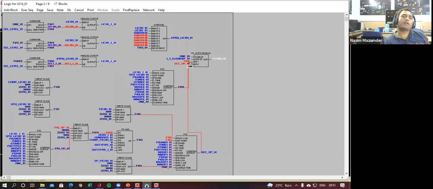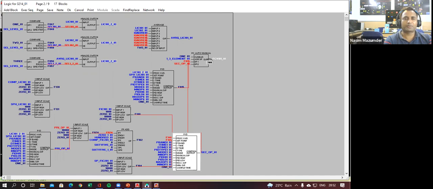Now you can go and check what kind of calculations have been made here. This is a PID controller, so you are using this P band, the I time, the D time, and the rest of everything will be calculated by this PID block. So we have to change this P time, I time, and D time.